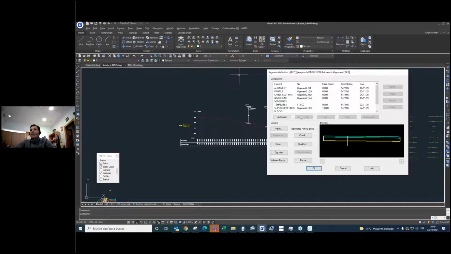And in this section, I link all the information: the alignment, the profile, the cross section, the grid line that I defined before, the template that I am going to use, or even the super elevation that we need to use. In this case, I copy the super elevation of the old road, and I select the same super elevation.